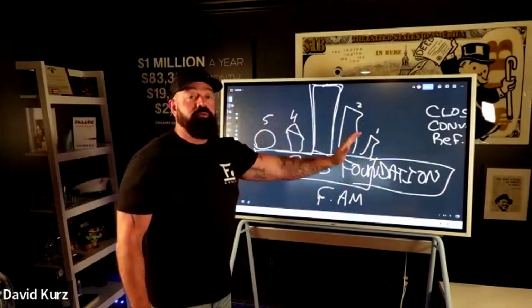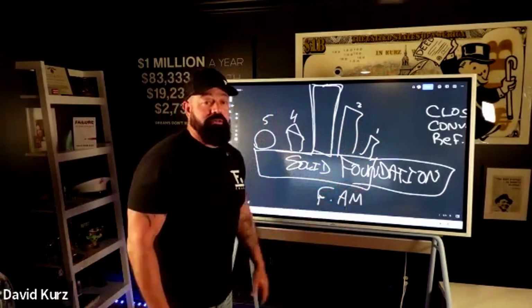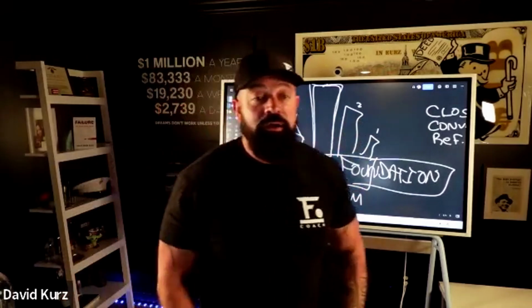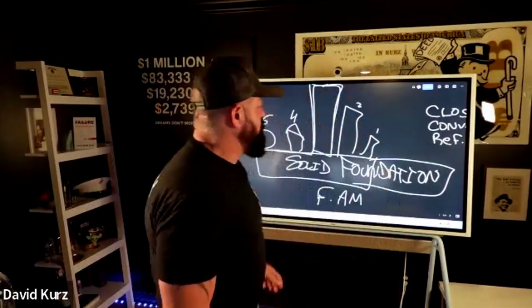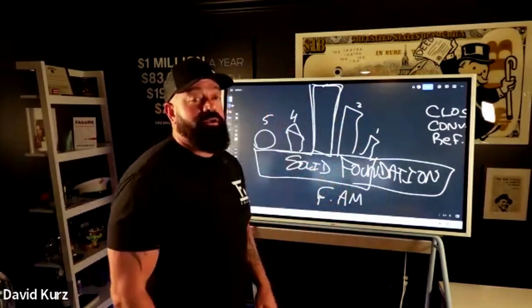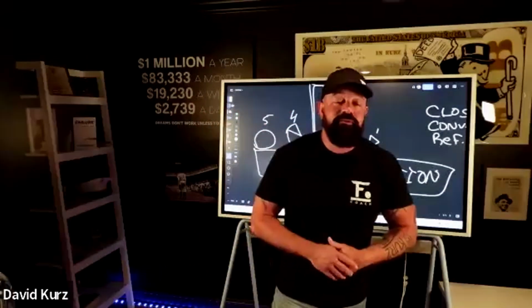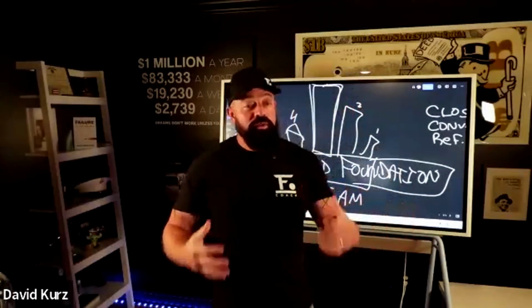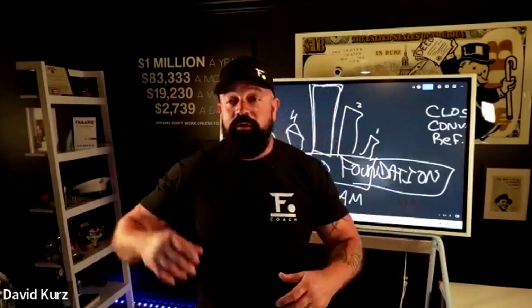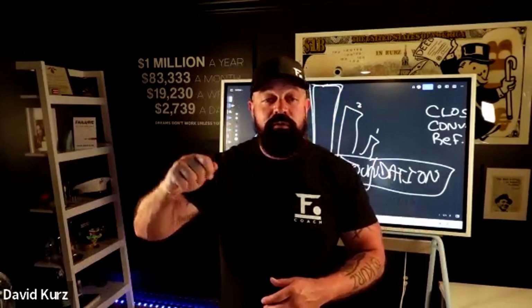All right. Now, solid foundation, use your method, get your different lead flows in place, but do not engage in trying to accomplish any of this if you haven't done the Freedom Achiever method at its full volume, okay? Because you're going to have a cracked and incomplete foundation, and you're going to be trying to build other lead sources on this foundation, and it's not going to work for you, and you're going to just get frustrated, and it's going to be a cycle that you're going through like a hamster in a wheel, okay?